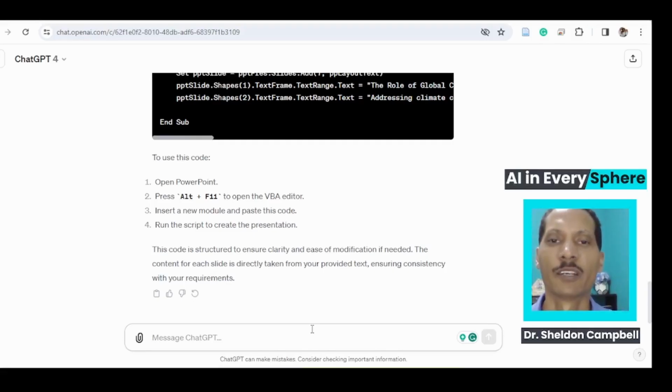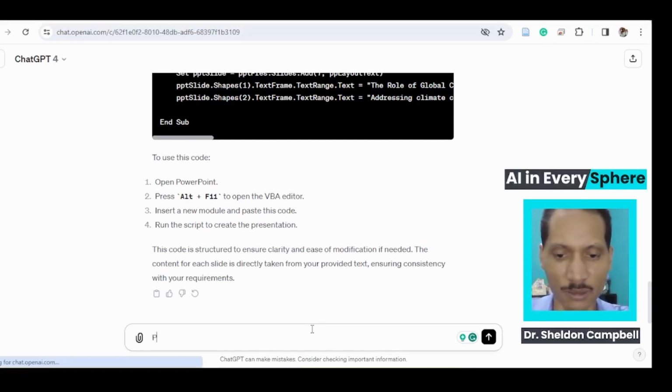Now in step 5, I would usually be asking ChatGPT to give me presenter notes, because the content which it would have created before would have been what the audience would have been seeing. For step 5, we'll be asking it for presenter notes, so we would say, please